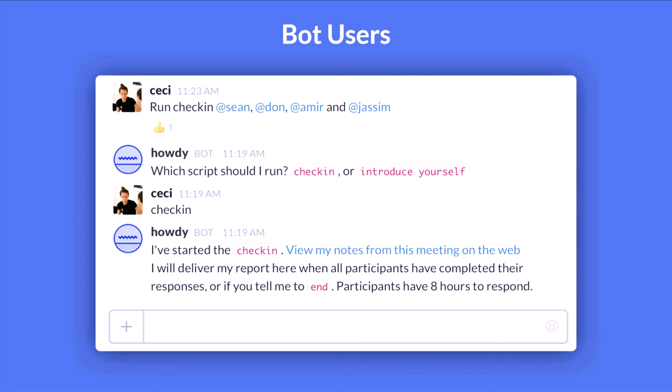In this example, we partnered with Howdy to create a check-in bot. And the check-in bot is like, I don't know, how many of you are engineers? Good number of you. So you know what check-ins are. It's like I meet and I say, hey, what have I done today? What am I doing tomorrow? And what am I blocked on? And this is a very simple process when you have a small team in a single place.